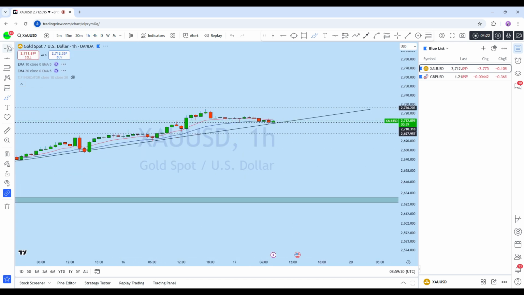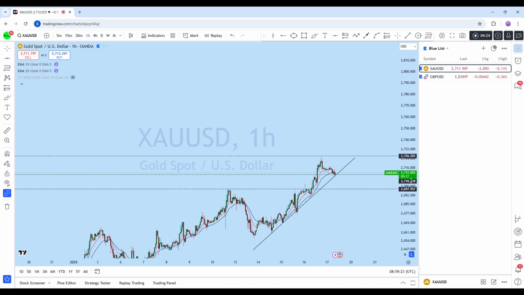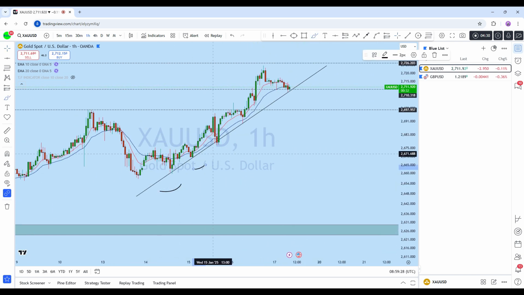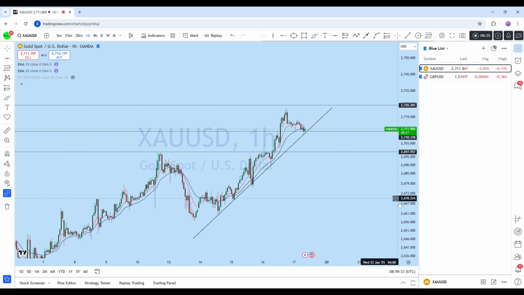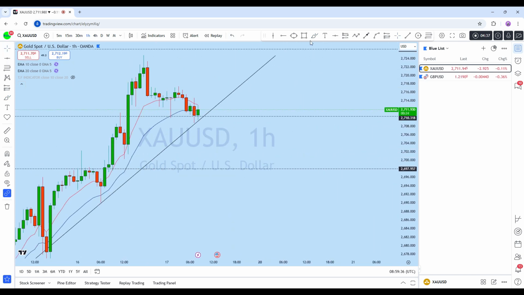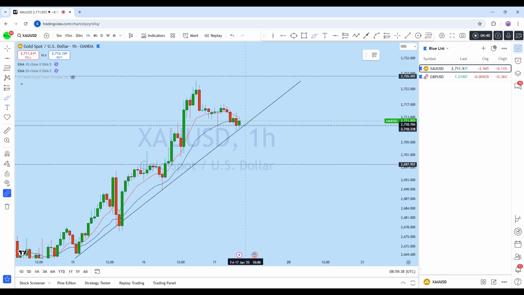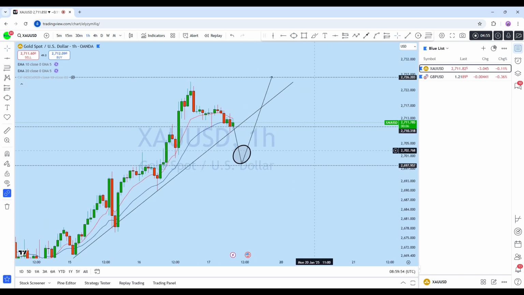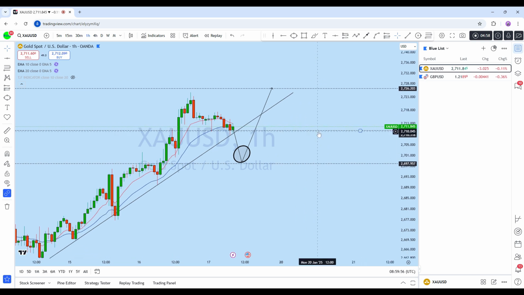So looking at the 1 hour chart on XAUUSD, we can see that this is a trend line where the price was testing this, forming a series of higher lows here, and with that series of higher lows, what we can expect on XAUUSD is for the market to continue to rise, as I will be waiting for a potential break of structure and then to continue to rise to create a new higher high. So this is where we'll be waiting for XAUUSD to give us a potential break of structure on the lower time frame. As soon as we find suitable price action confirmation, we will be looking for going long on XAUUSD with a